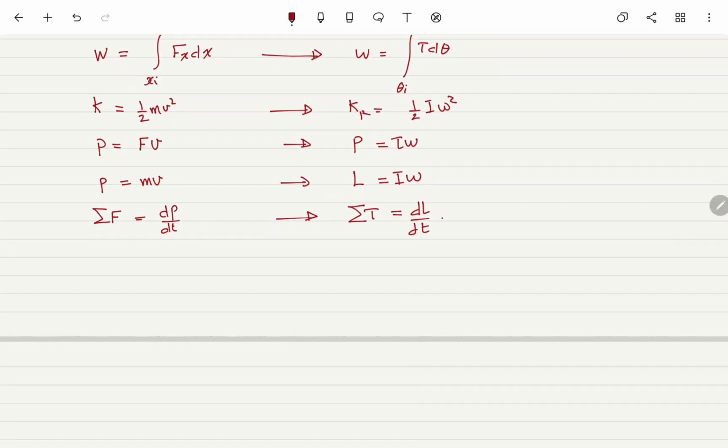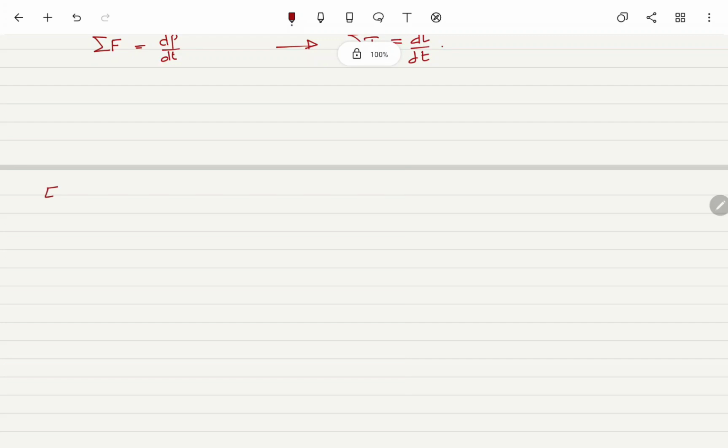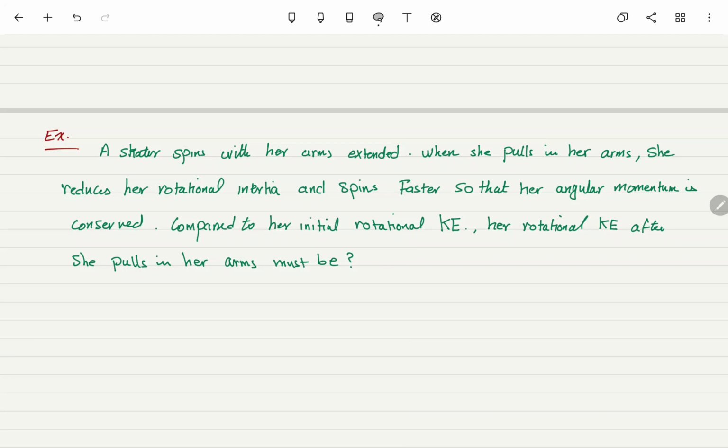Now let's have an example. A skater spins with her arms extended. When she pulls in her arms, she reduces her rotational inertia and spins faster so that her angular momentum is conserved. Compared to her initial rotational kinetic energy, her rotational kinetic energy after she pulls in her arms must be